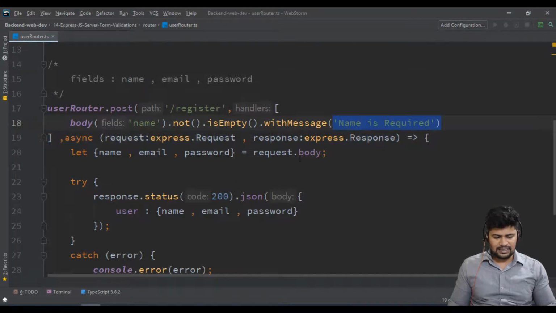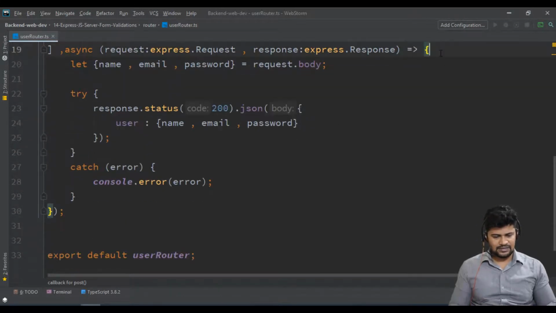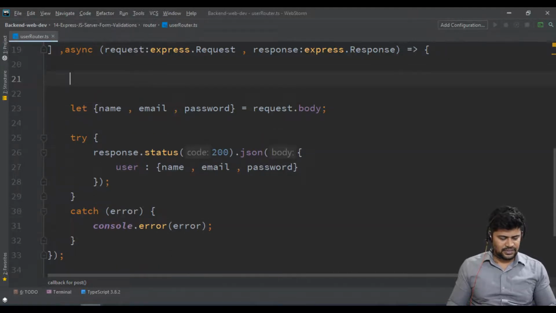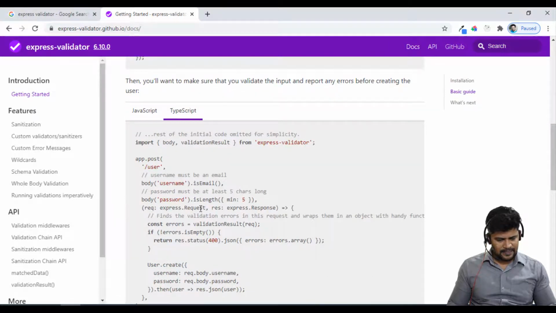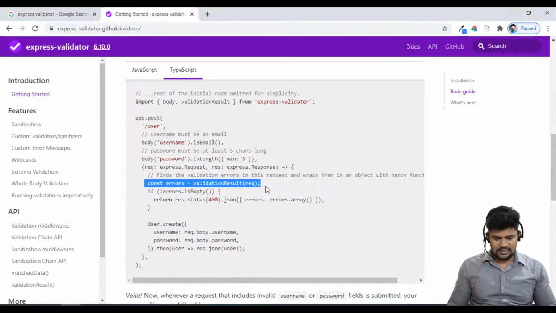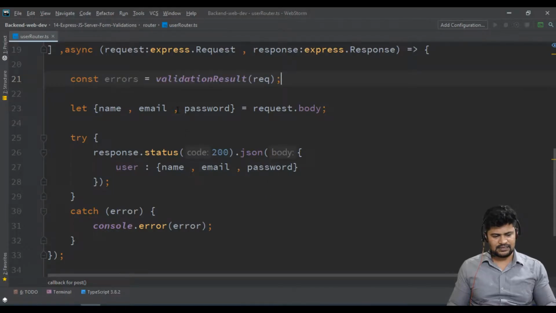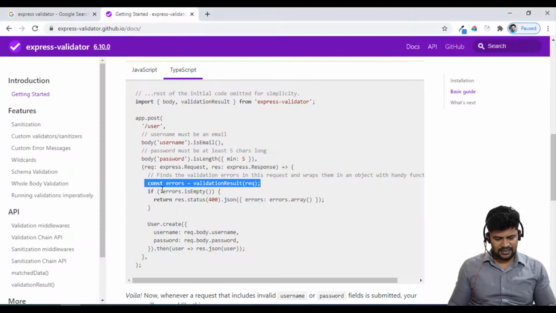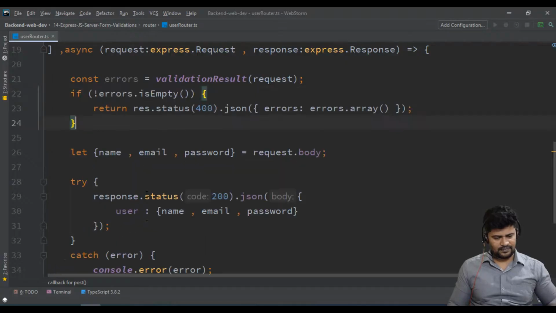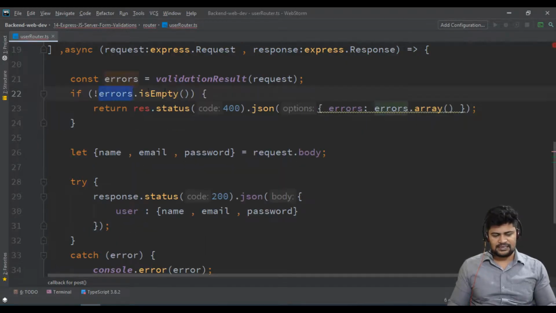So how do you get the error? As per the official documentation, you should get the errors from the request object. So validation result errors is equal to validationResult of request, the result of your validation. Once it is there, you just check the condition: if errors is empty, it means your form is successfully validated.